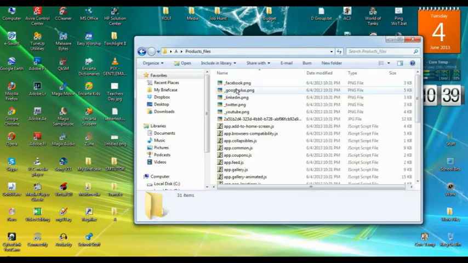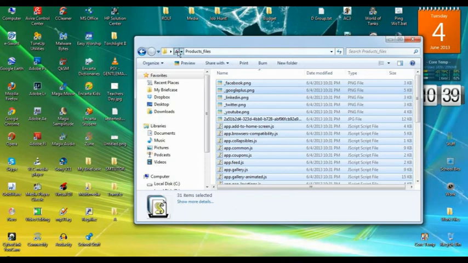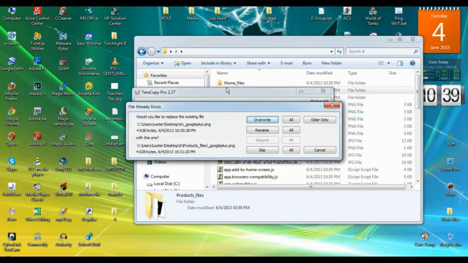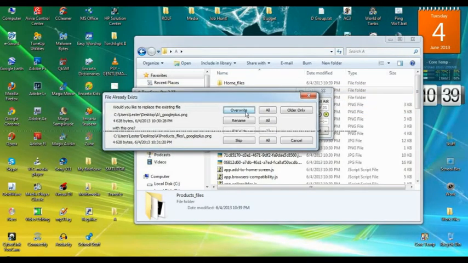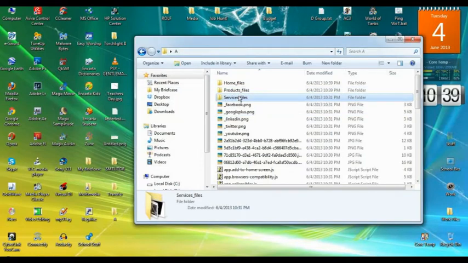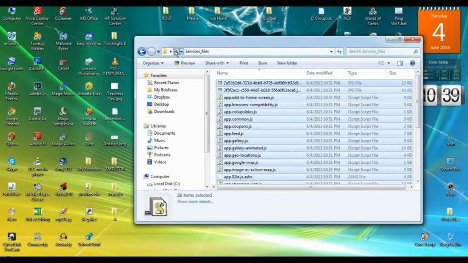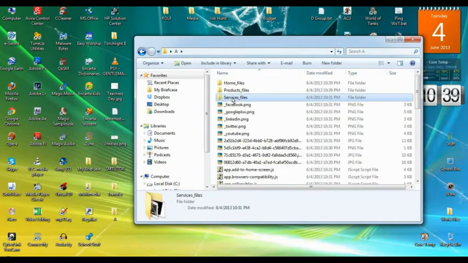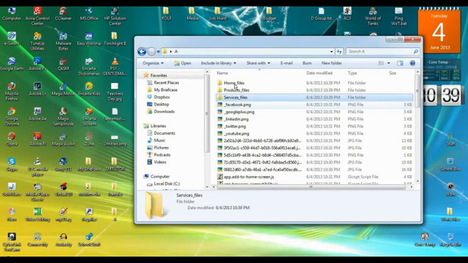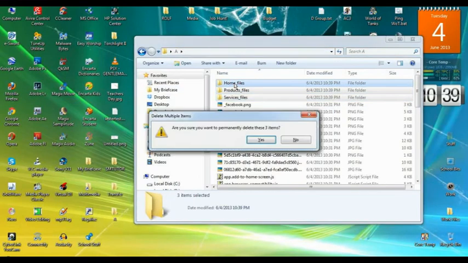Okay, the next is the products. Do the same. If it asks you to overwrite, just let it overwrite itself. Next, last but not the least, is the services. Remember, when it asks you to overwrite a file, just overwrite it, since it's the same file. Next, now you can delete these 3 folders,